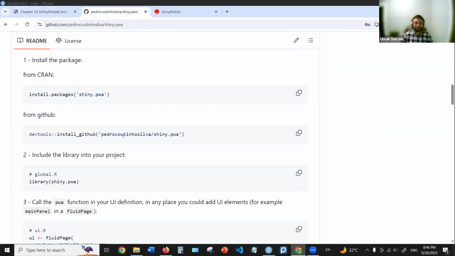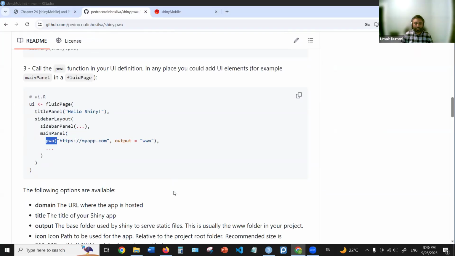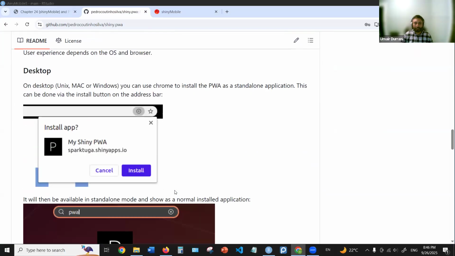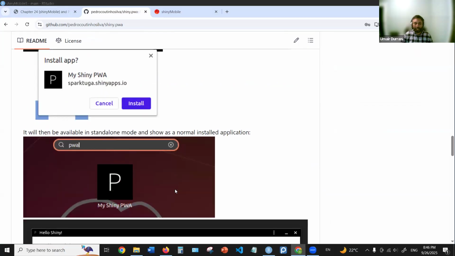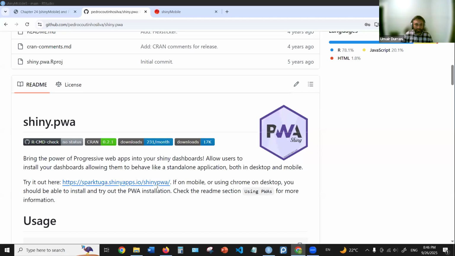So all you need to do is, after installation, use the PWA function, and it should make your app installable. And there's this example here as well. If I open it,